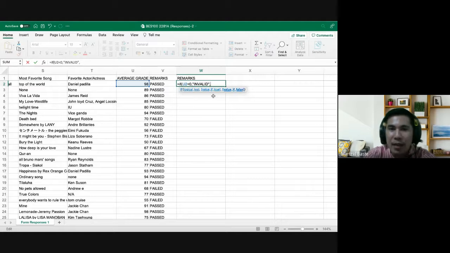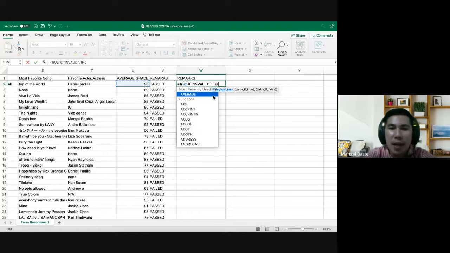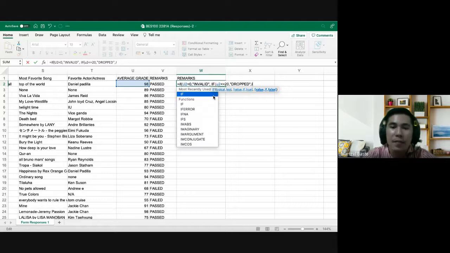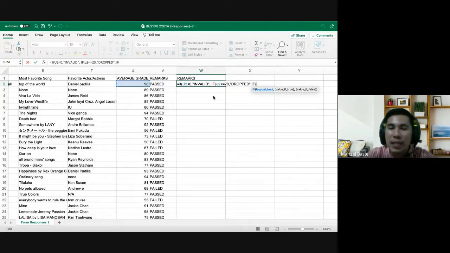So that's invalid. And then you are going to write another if statement saying that if U2 is less than or equal to 20, it's going to be dropped. So meaning all grades between the range of 0 to 20 will be labeled as drop. And then if it's not drop, then we will proceed with our condition saying that if U2 is going to be less than or equal to 74, it is failed,